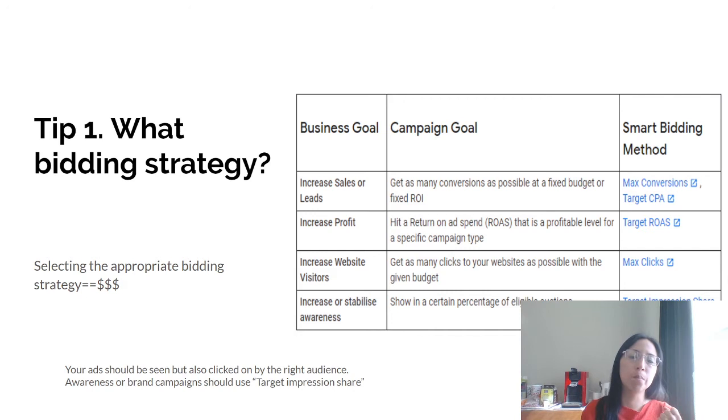But what type of bidding? The type of bidding that I recommend, and that is recommended by Google, because this chart comes from the Google documentation, is to target impression share, which means that your ad will be shown in a certain percentage of auctions for similar ads like yours when somebody searches for this type of service or product. This is very important, because if you select the wrong bidding strategy, you will not have the same effect as you would have if you use the right one.